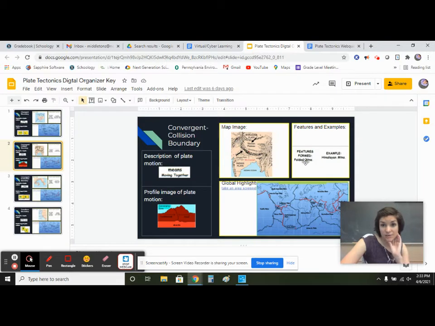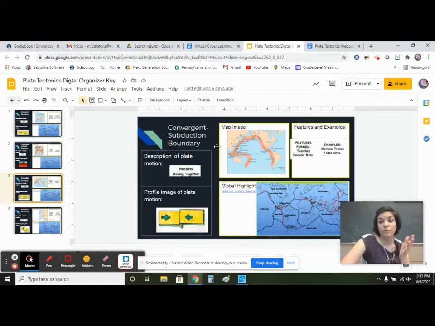And of course, your examples are over here, the Himalayan mountains, which are right there. You will have an image that's very similar to this. You need to be able to identify which boundary it is. Here you have the Ring of Fire. Remember, the Ring of Fire is just a line of volcanoes that pretty much go the whole way around here. It's not a complete actual ring, but they call it the Ring of Fire because,